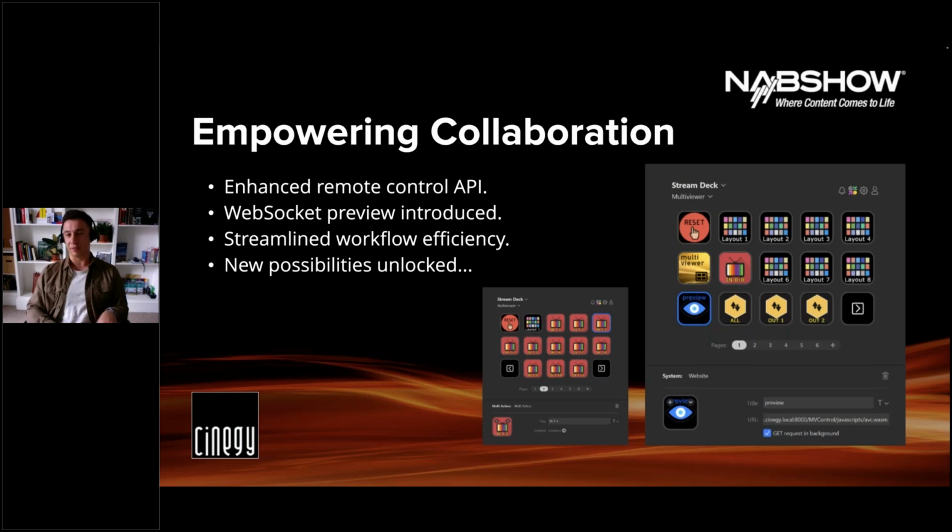So it's effectively a customizable keyboard that you can buy for a few $100 online, and you can attach different devices, different commands to those buttons that appear as a screen. So this here is an example of how you can customize Stream Deck to serve as the remote control for your Multiviewer. But it's not just it, because in this version we added the WebSocket preview, which